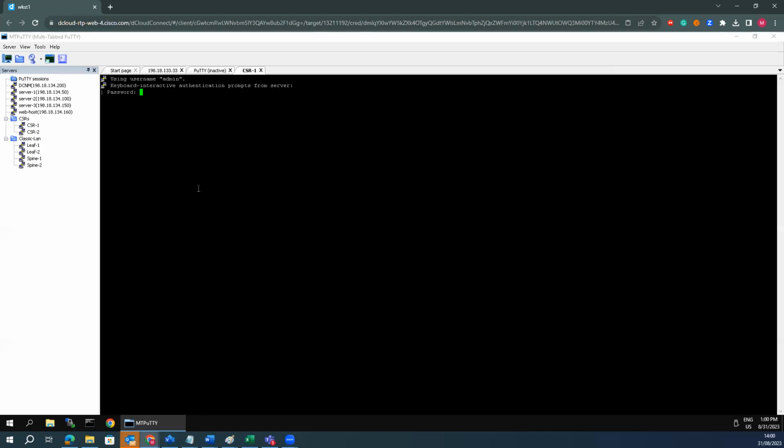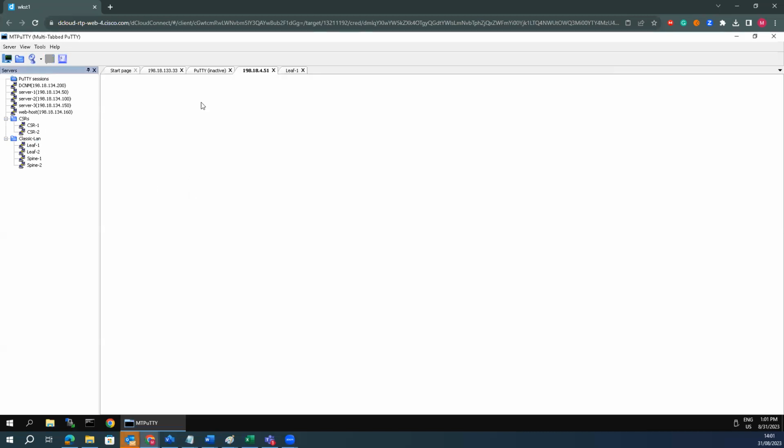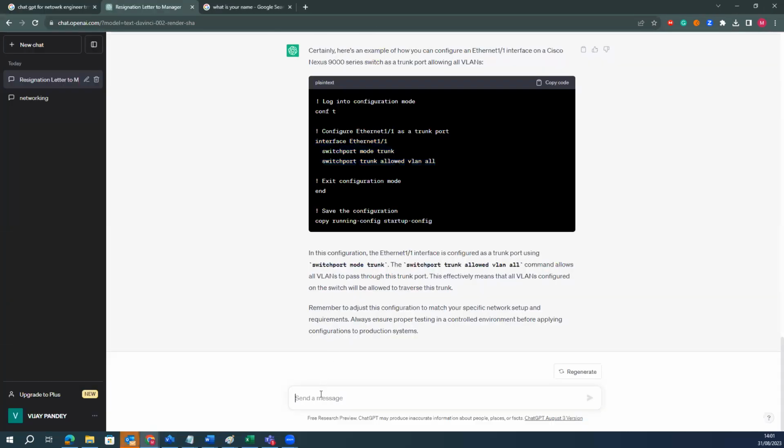For example, for IOS, if you want to configure any interface or IP address on any router, switch, anything, you can just look here. This is a Cisco router I'm talking about, right? I would say create VLAN for Juniper switches, VLAN IDs 10, 30, 50, 80,